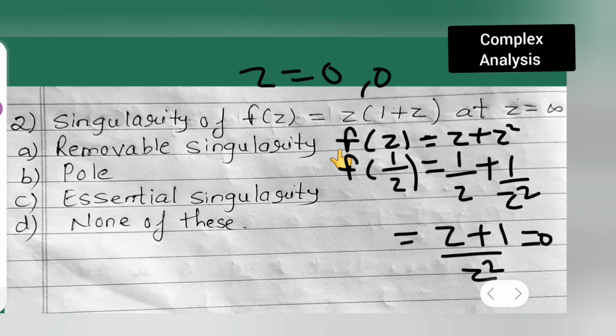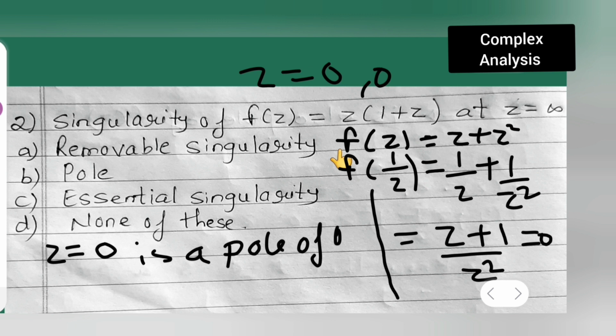There are twice. So z is equal to 0 is a pole of order 2 for f of